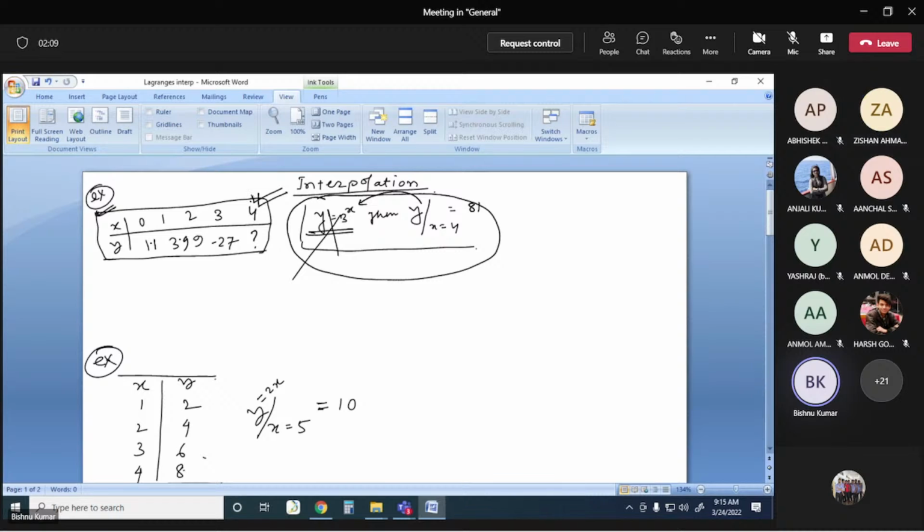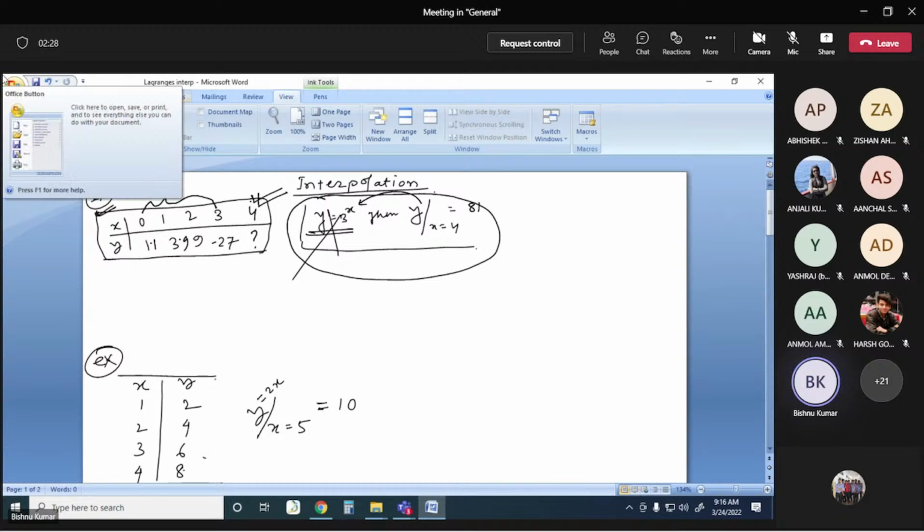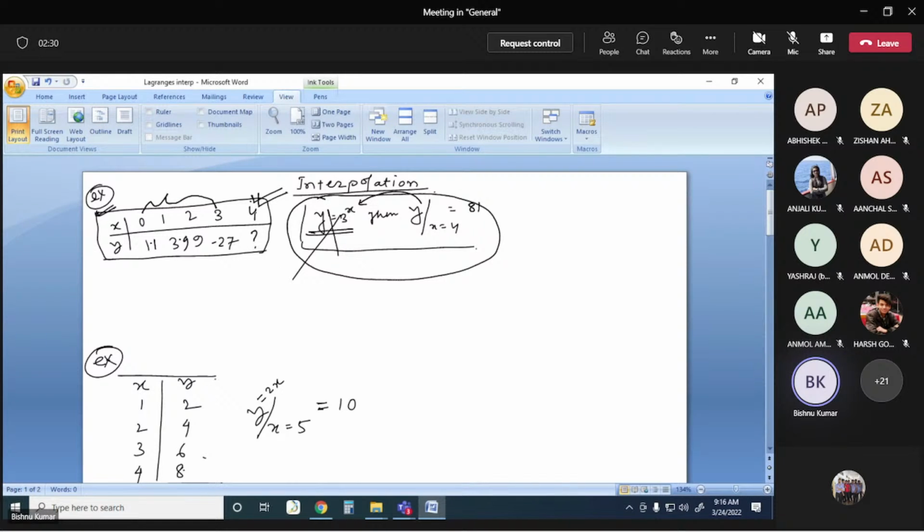In the way I am teaching you, if you use Newton forward, that is also logically wrong. You have to use Newton backward, since these values are equally spaced. If I ask you, suppose at the point 4 data is given to you and at the point 3 you have to find something, then you have to use Newton divided difference if the values are not equally spaced. Okay,